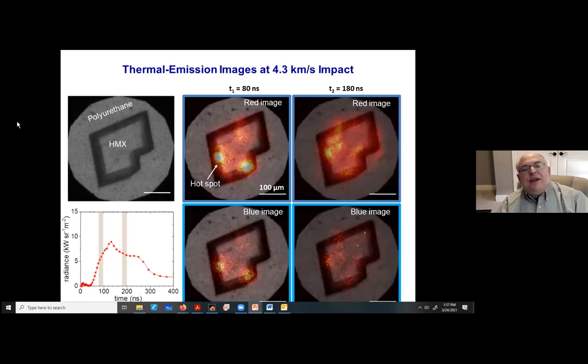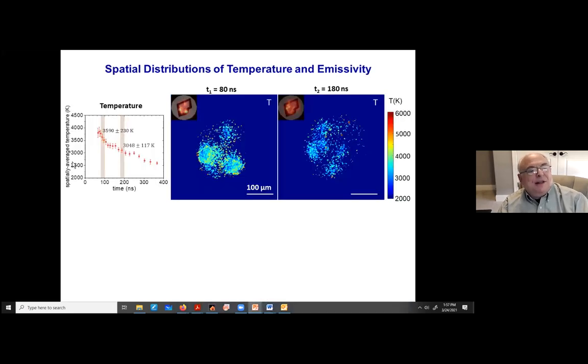By the way, just to see what's happening, what we did is we false colored the intensity and we superimposed the crystal on it. So before anything happens, you can see the hot spots are forming here, here, and here. There's no crystal here, all right? It's just hot expanding fluid, but it just helps you see what's going on. So from the red and blue images, then you can do the following. This is the temperature profile in space. Here are those three hot spots I mentioned. And as time goes by, they're cooling off.